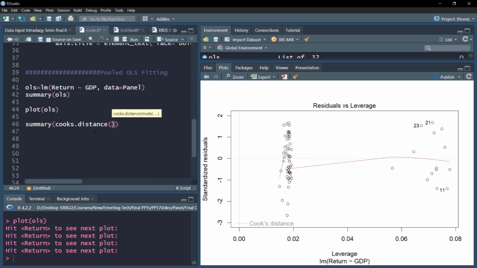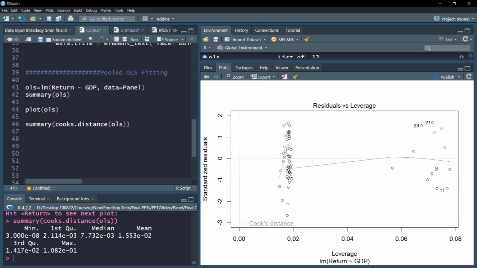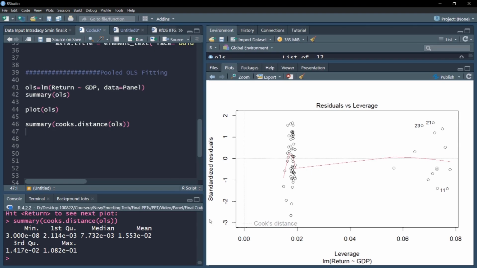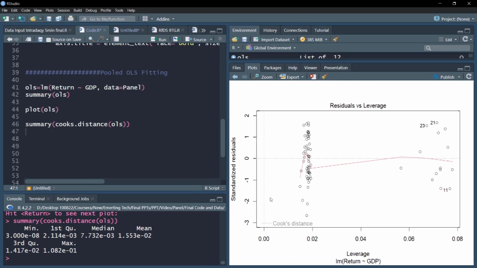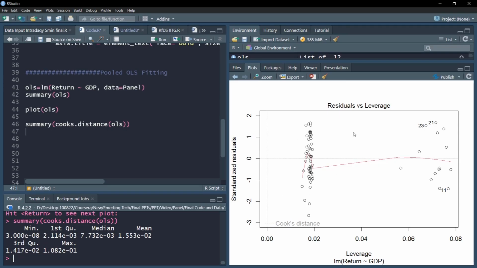So let me summarize the Cook's distance for this particular model, and as we can see, the maximum Cook's distance itself is of the order of 0.1. So that is why we couldn't see the higher Cook's distances of 1 and 0.5. As a practice, whenever you see those lines shown here in a dotted form like this, and you see points beyond the lines of 1 and 0.5, you gather that those points are extremely influential and affecting your regression.